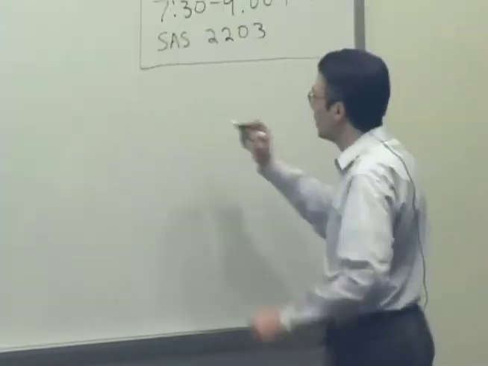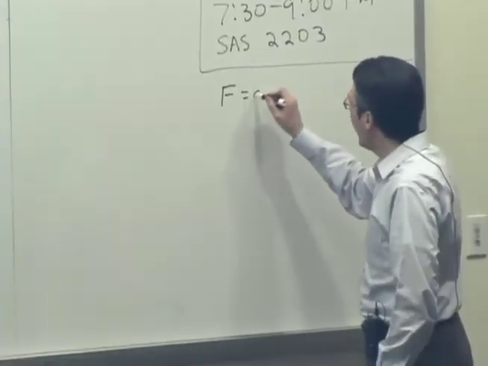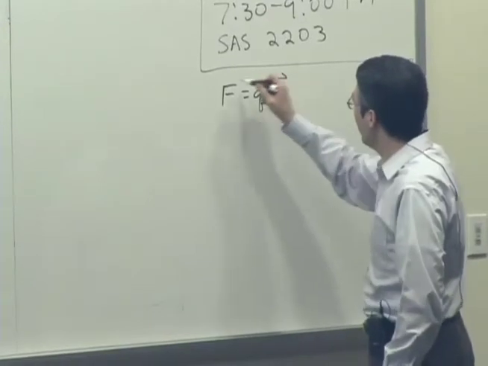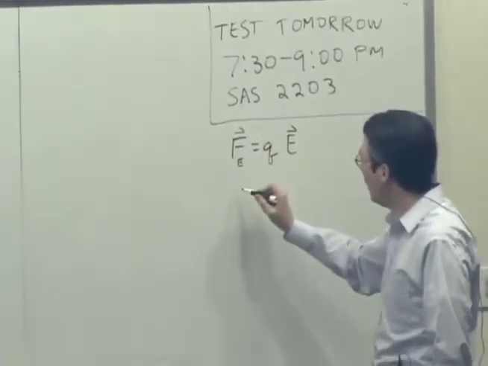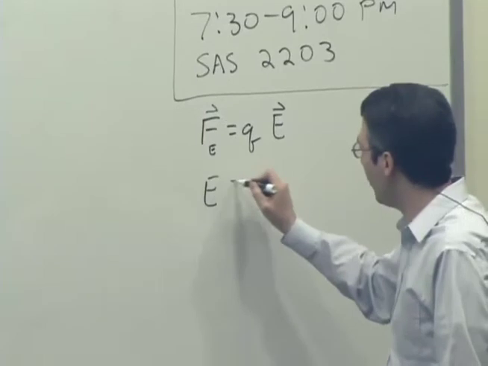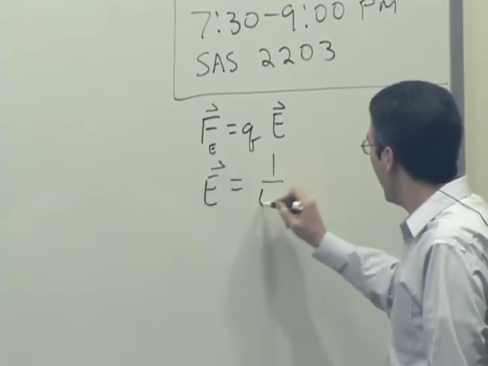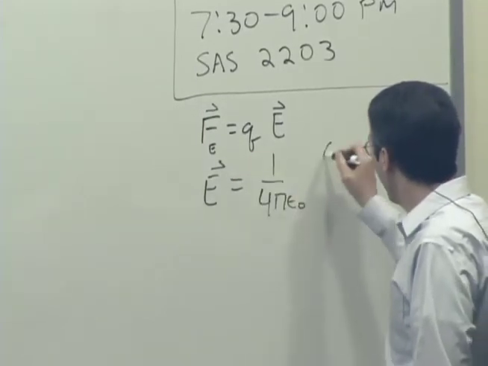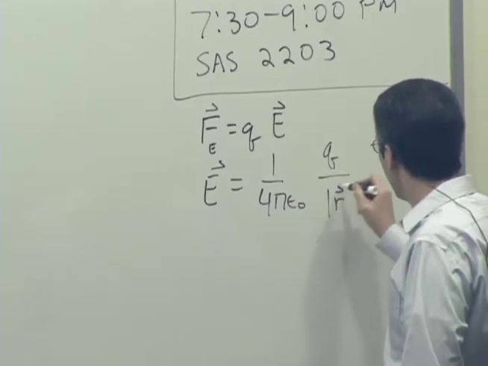Equations you'll need to memorize. Let's see. What have we had so far? We've had the electric force, F is equal to Q times E. We've had the electric field due to a point charge, 1 over 4 pi epsilon 0, Q over R squared